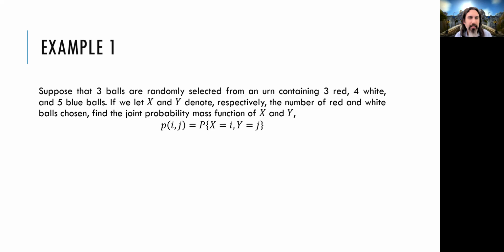So what about i and j values? For example, i can be 0, no red balls picked. So j can be 0, 1, 2, 3. All of them are possible. When i is 1, j can be 0, 1, and 2 only. It cannot be 3 because the sum will be 4, which is not possible. When i is 2, j only becomes 0 or 1. And when i is 3, j can only be 0. So we have a total of 10, I think, different